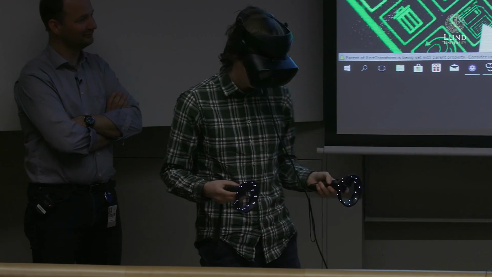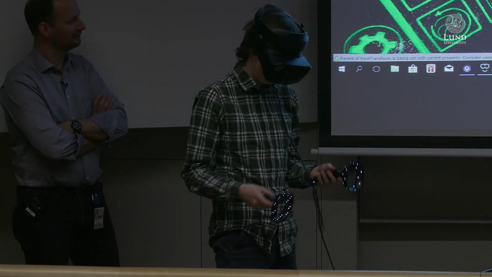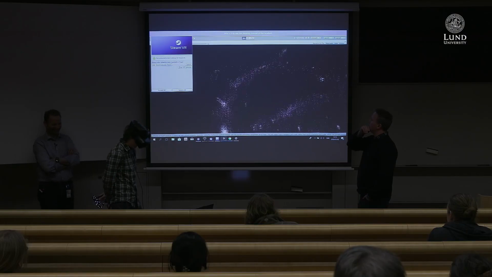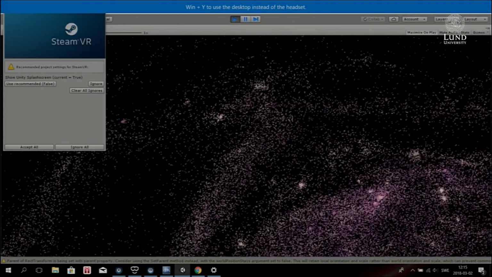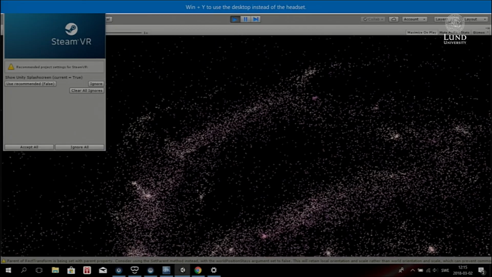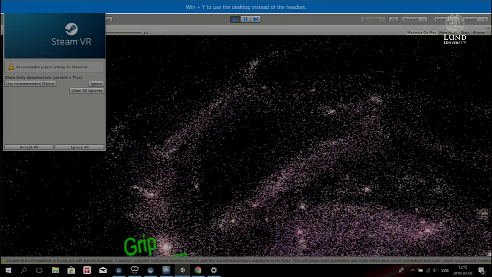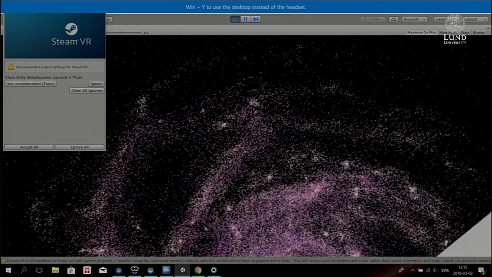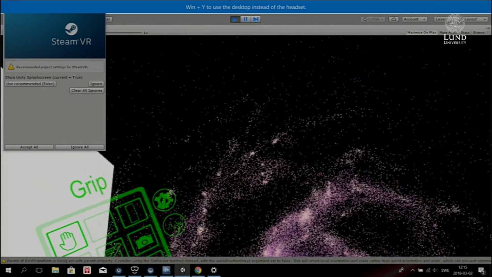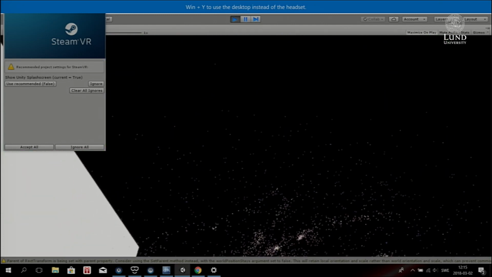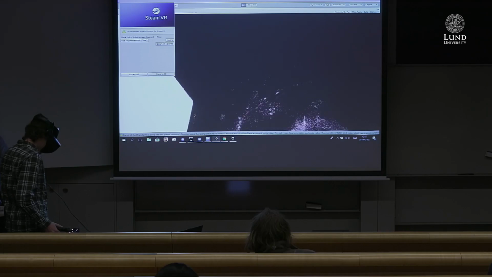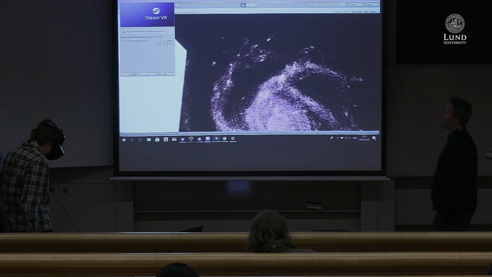And for now, Simon has loaded something in. So try to just look around a bit and show, before we look at the controllers, what the data is. So now we are a bit zoomed in. Can you zoom out a bit and see what we are dealing with here? Okay, so it starts to look like a galaxy, right? It's a spiral structure, and it's colored in a funky way. For this demo, we just have positions of stars essentially, and we have one variable to plot. That's the age of the stars.